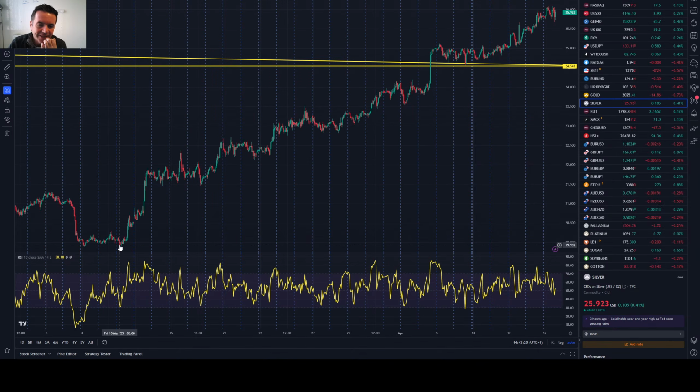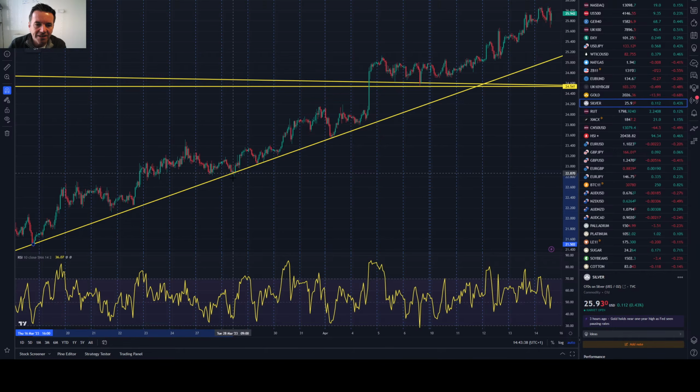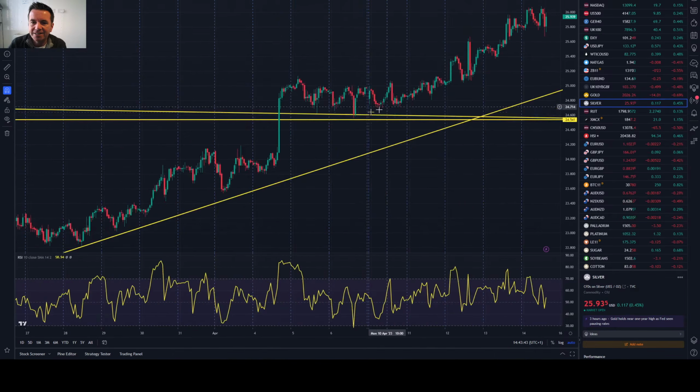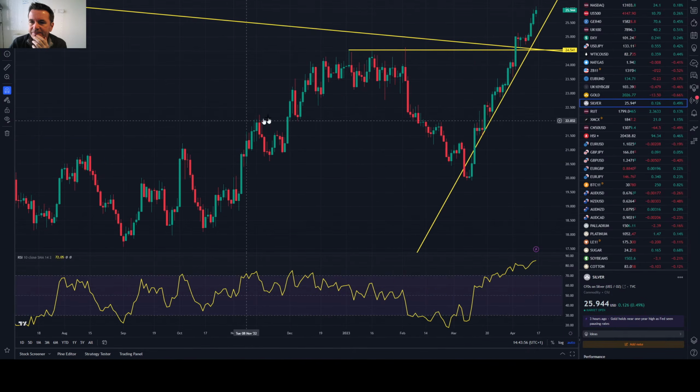This is the hourly chart off the 10th of March lows, about $20. And here we are at 26. So what's that, a 30% move in silver in just over a month. Phenomenal move. And it's actually behaved itself, silver. It's done great from a trend point of view. Here's our trend chugging along. We had a little bit of sideways shenanigans going on here, and then it breaks out earlier this week, Wednesday, a bit of volatility on that inflation number, and bang, here we are again, up higher again. So a fantastic run from silver.